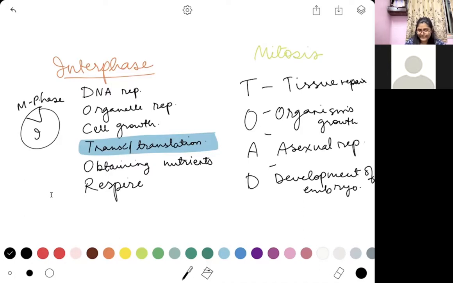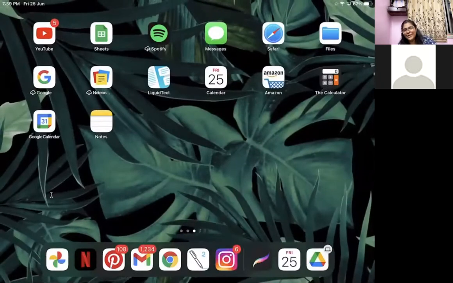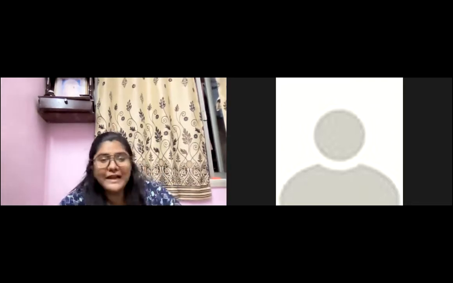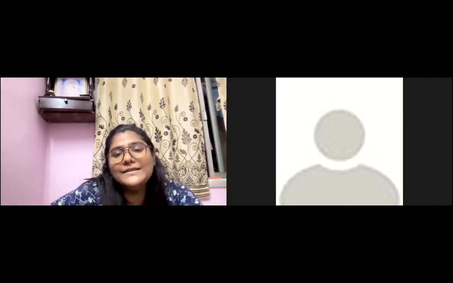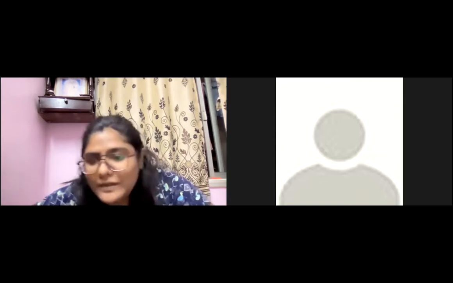What I'm going to do for this particular part is share with you a certain number of micrographs. What are micrographs? Micrographs are nothing but pictures taken through a microscope. These micrographs are going to show you exactly how your cell looks when it is undergoing cell division. So if you could just bear with me for a minute, I will show you how your cell looks under the microscope when it is dividing. Just give me a second. I am just going to share that part with you.